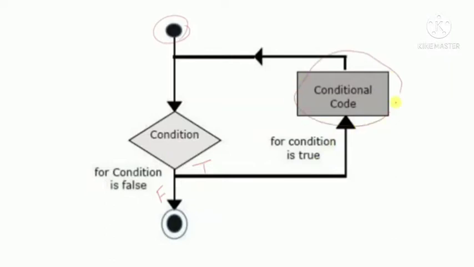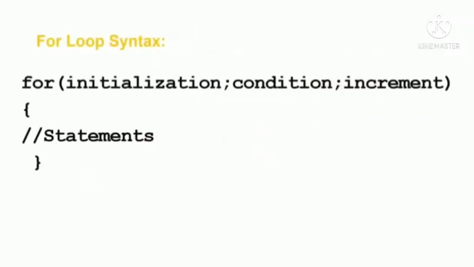It will check for the other code. Print गर्छ. Print गरेपछि फेरि it will go to the condition. Condition मा जान्छ. फेरि true छ भने it will keep on going. जब false हुन्छ it will terminate out of the loop. This is your flowchart. And syntax चाहिँ के हो भन्दाखेरि चाहिँ initialization, conditional र increment decrement चाहिँ एउटै लाइनमा